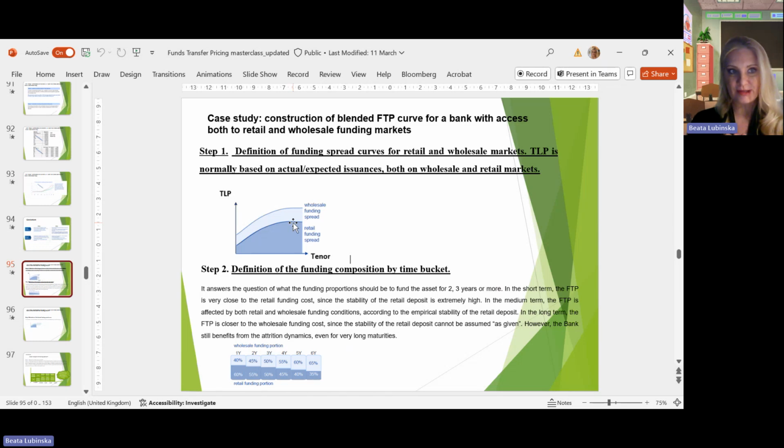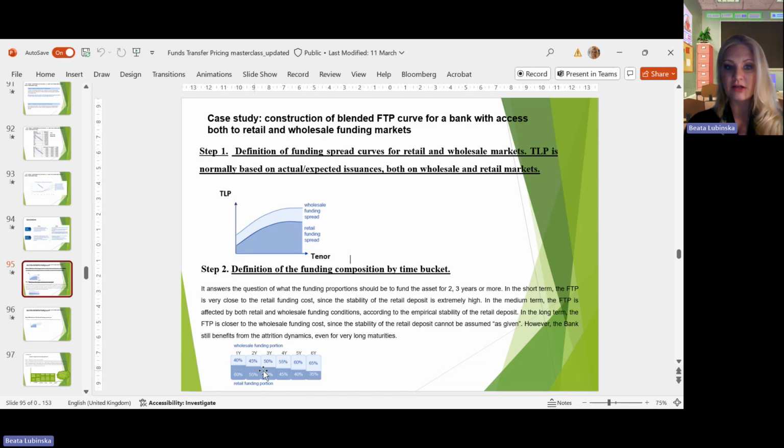So the situation is similar to the one when we were creating the FTP curve only based on the deposits, so funding through NMDs and FTDs. Here we will also be including wholesale funding, so very similar model and very similar approach, which we described in the previous session. But here, for each time bucket, you will be designing or calibrating the proportion of different sources of funding. So the wholesale funding portion and the retail funding